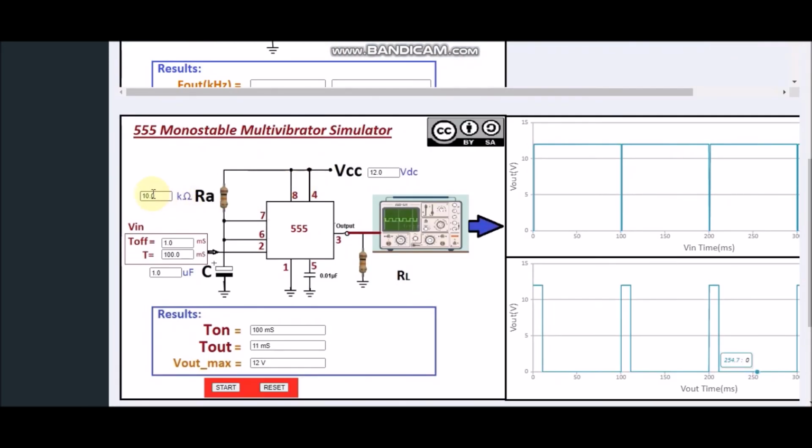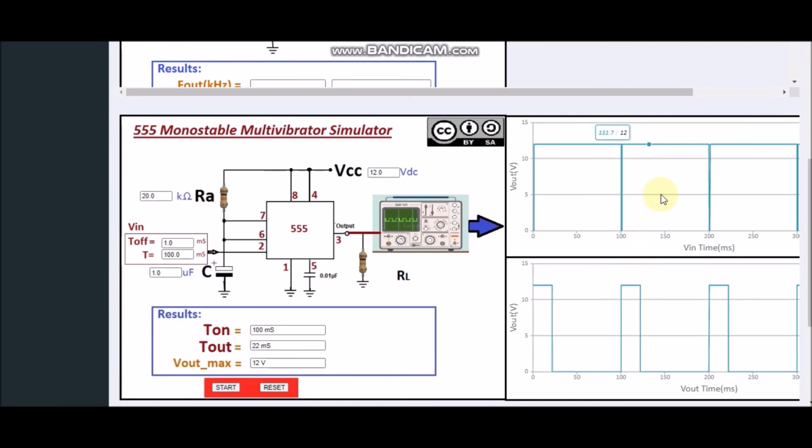Similarly, if I change the value, let's say I'm changing this to 20 and I click this start. So now 22 millisecond is coming. Let's check when the trigger is given. Here at this moment I get this pulse width. Okay, here, and that is coming with the calculation. You can do the calculation and verify what you are getting.